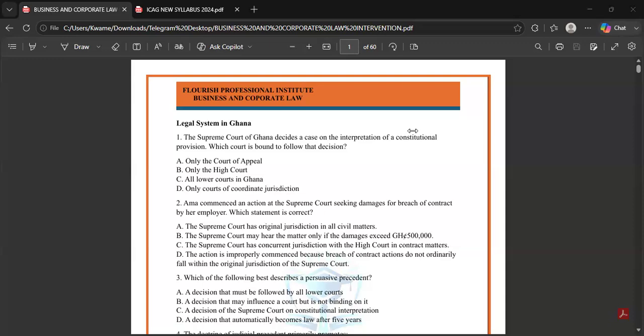So there are certain areas, for example, the legal system. After we've done about the first 10, we move on to the next. We may not go through all because there are a lot, and we only have this first session and the evening session. The way I want us to do it will take time, because for each question we want to understand why that is the answer. Some questions are straightforward: that's the answer, no argument about it. But some we may have to scratch around to see why that is the answer and give ourselves more understanding. So should we see it in a different way, we'll be able to answer it.